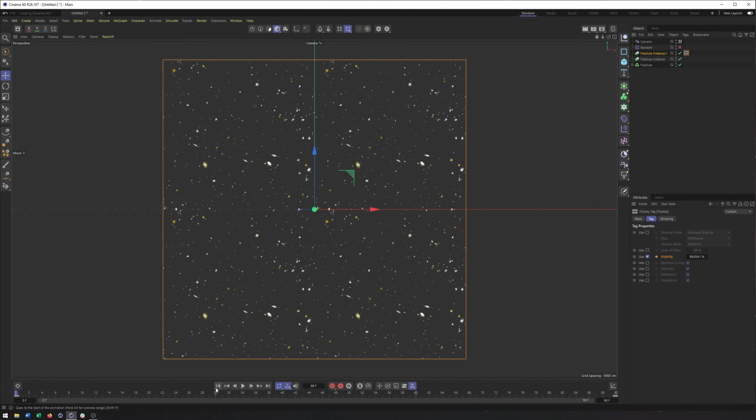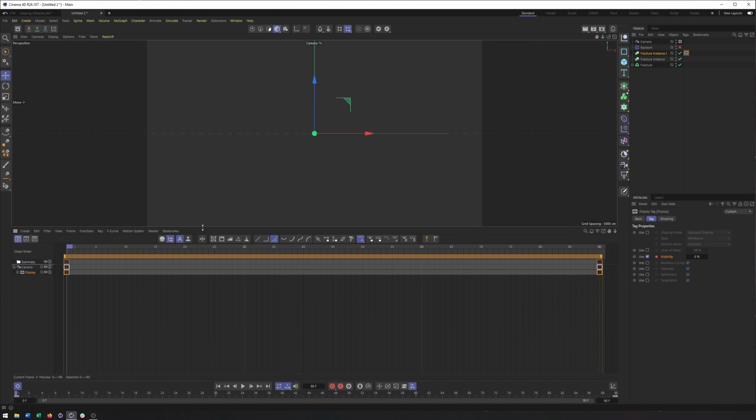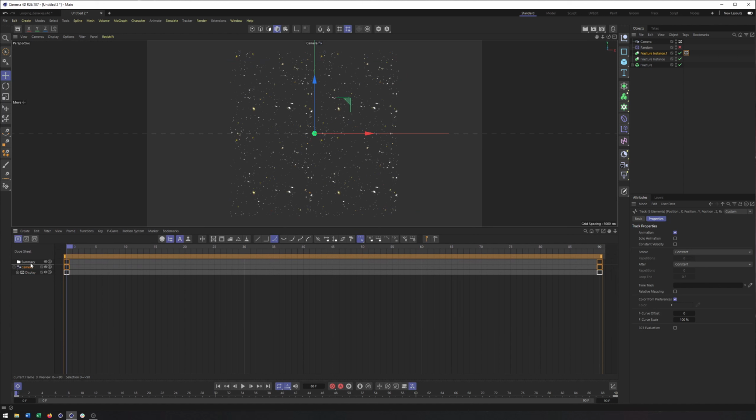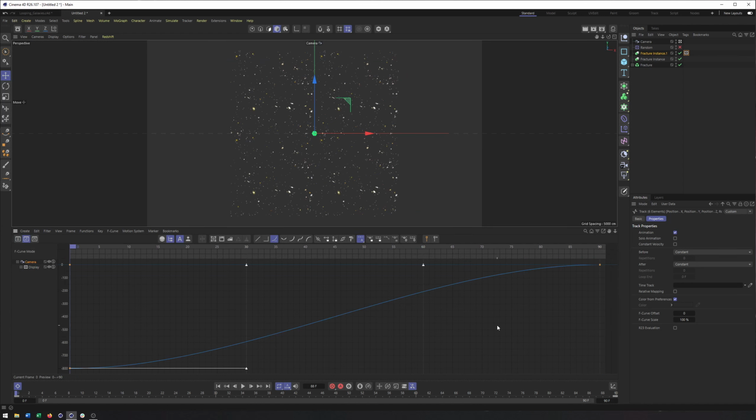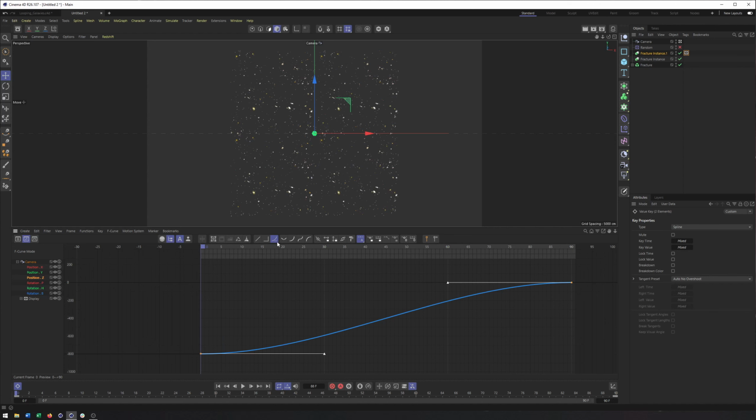So what we're going to do is open up our timeline, raise it up if we need to, find the camera, and I'm going to go into F-curve mode here. And we need to do two things. Okay, the first is make sure we have our keyframe selected for our camera. It should just be the Z position, so we can make sure we just have that selected. So select both of those keyframes, switch the keyframe type to linear, and that will do it for the camera